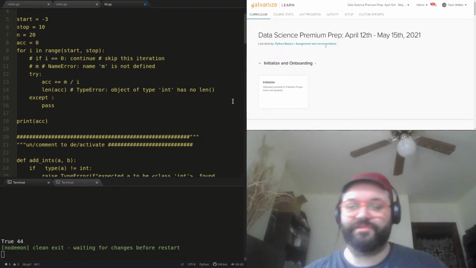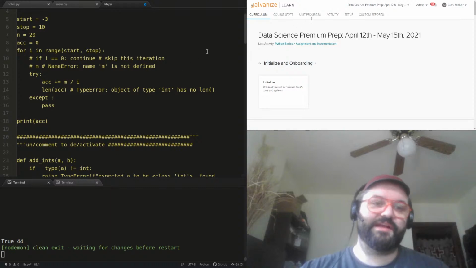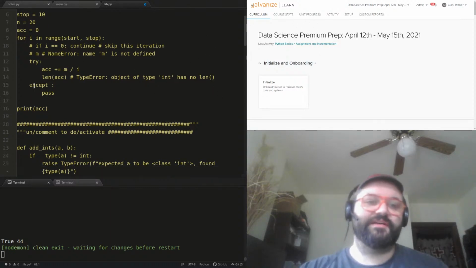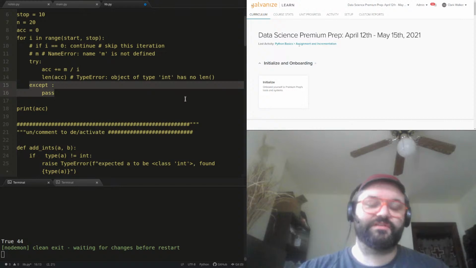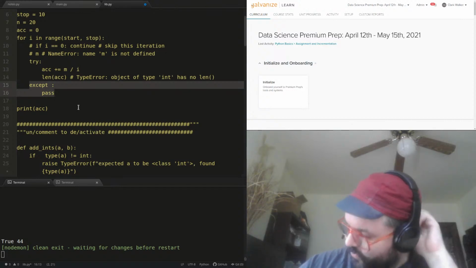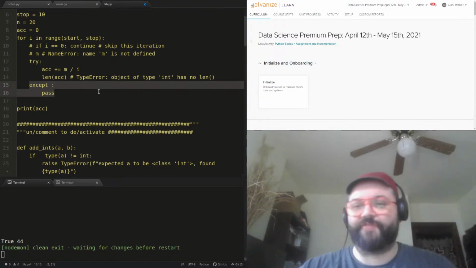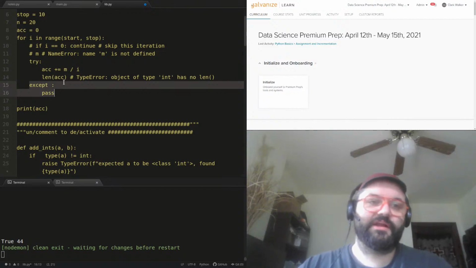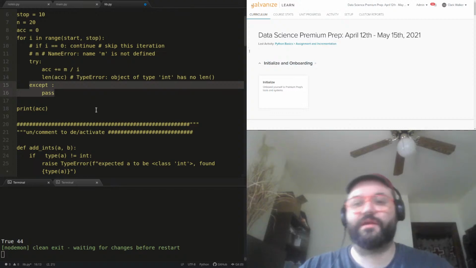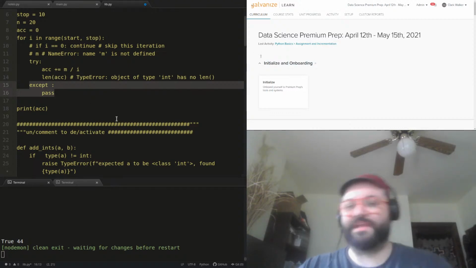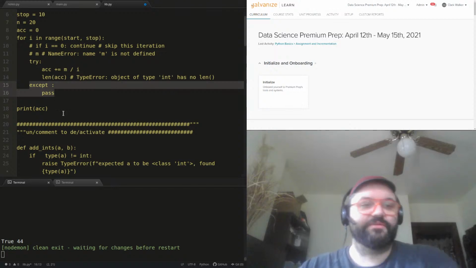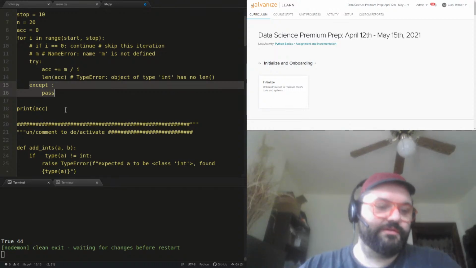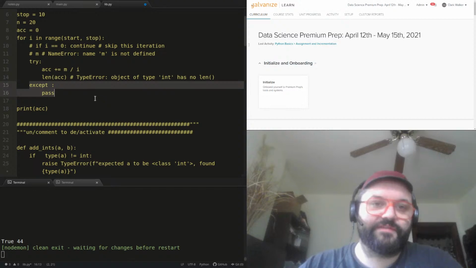it's probably using a heavy hand with the error handling, so that's a good sign to be specific with what errors you're accepting, or try to find a way around not using error handling. But I definitely encourage you to experiment with it if you want. Error handling is cool, it's fun, it can save you. There's certain times where it can save you a lot of work, trying to get around something that's pretty easy to just handle directly. So it can be a really nice thing, but it's definitely not necessary for the TI.